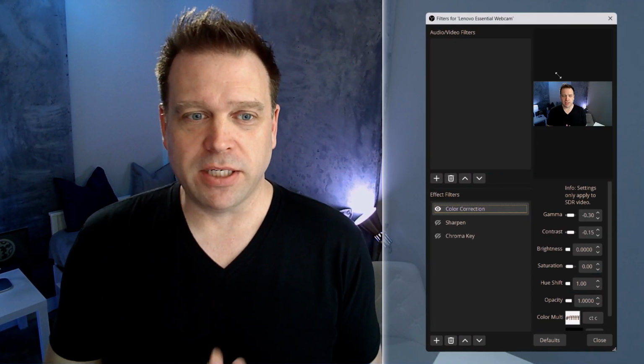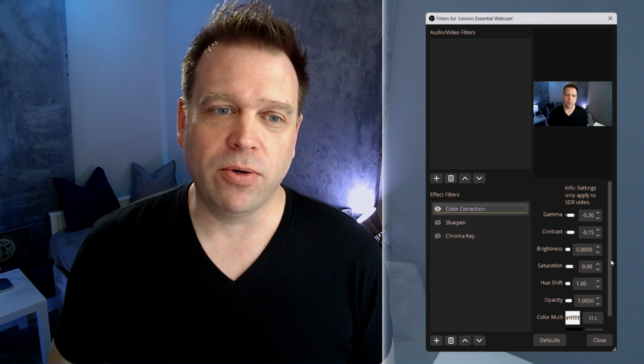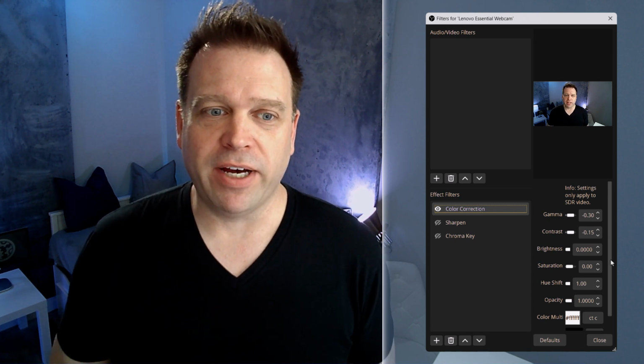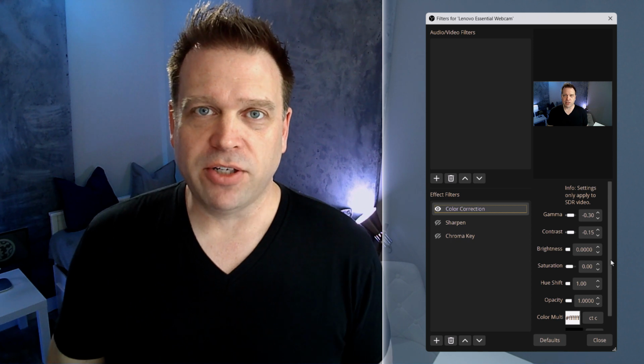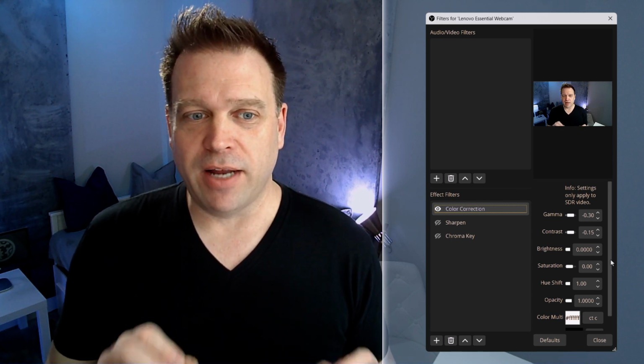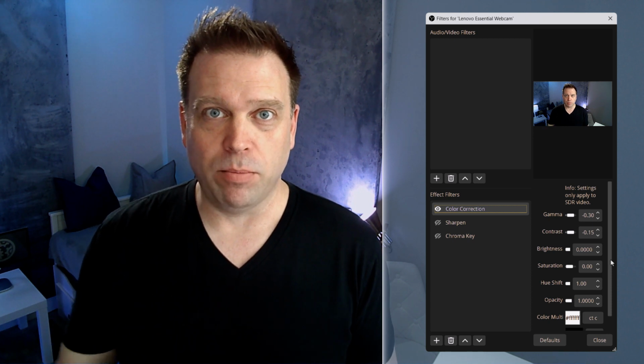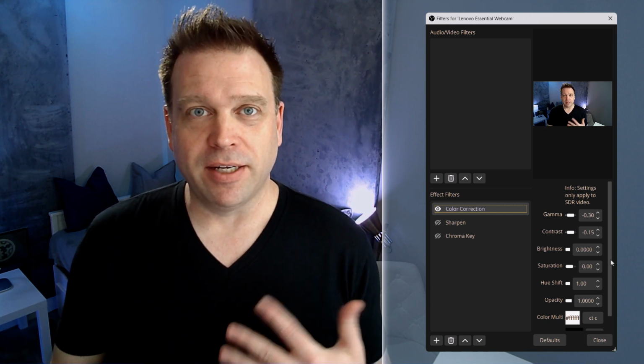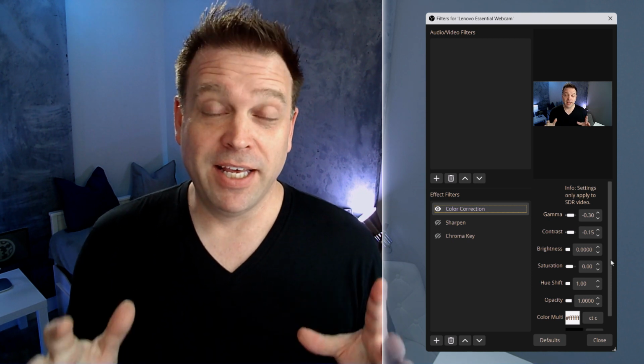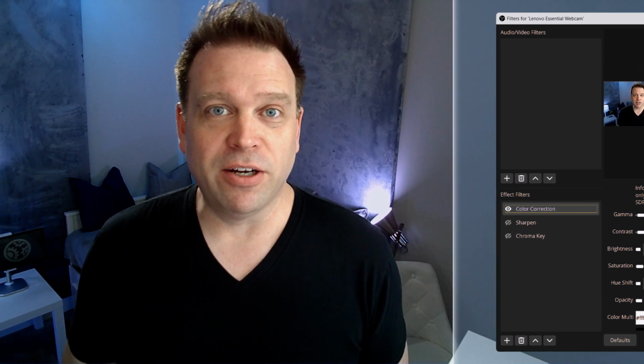Now, I also set a couple of things in terms of OBS for the camera controls, not too much, but I set gamma to -0.3, the contrast to -1.5, and kept the brightness and saturation at their default 0 settings. And then I added a little bit of hue shift to the pink side to make it at 1 positive, so that it gave it a little bit more of the natural colors. So again, this is the tuned setup for the Lenovo Essential FHD webcam. But now let's have a look at what it looks like in the default settings, and also what it sounds like when I turn off all the filters and set everything back to defaults.